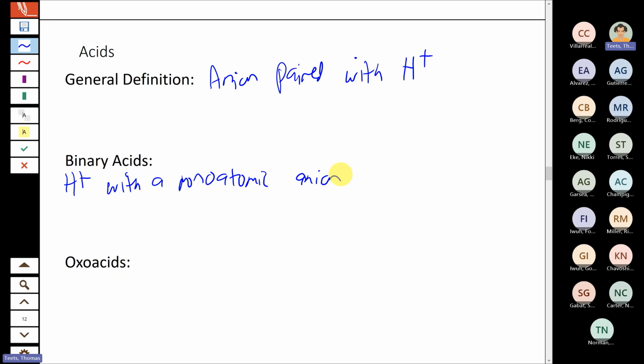So the formula is basically, again, just balanced charges. The anion has a charge associated with it that we can predict from the periodic table, and we just need as many hydrogens in the formula to balance that charge. So examples of this would be HF, F minus with H plus. So it's an F minus anion with an H plus as sort of like the cation, even though it's a covalent compound. HCl,